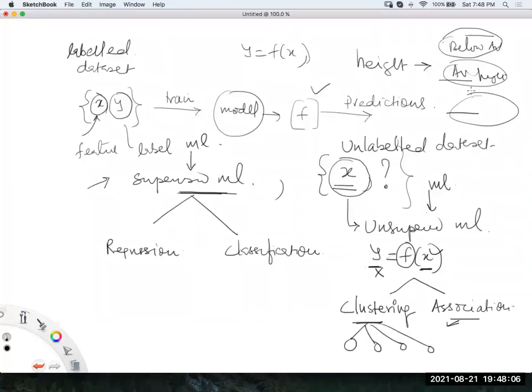And to perform clustering, guys, we have a very popular algorithm with the name k-means. Similarly, to perform association, when you watch YouTube, based on your history, based on what you watch, your age, your location, they give you some recommendations, right?